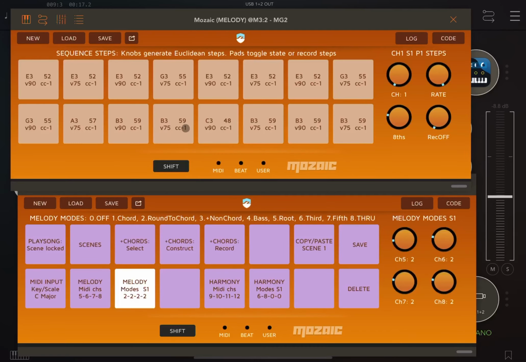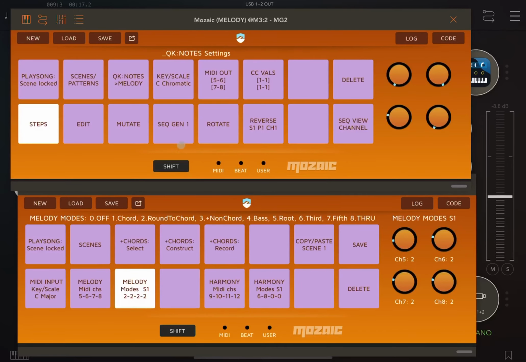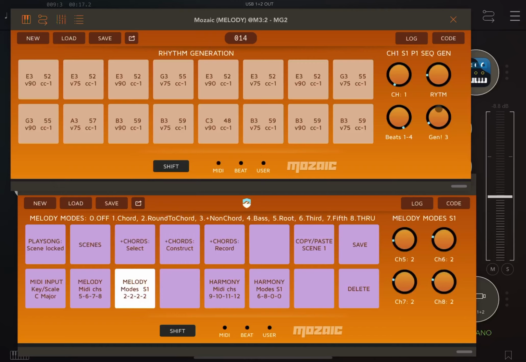And now what we want to do is come to sequence generation, and we'll just generate some rhythm and maybe something like this. We can tie a note in here like so, and if we press play now,